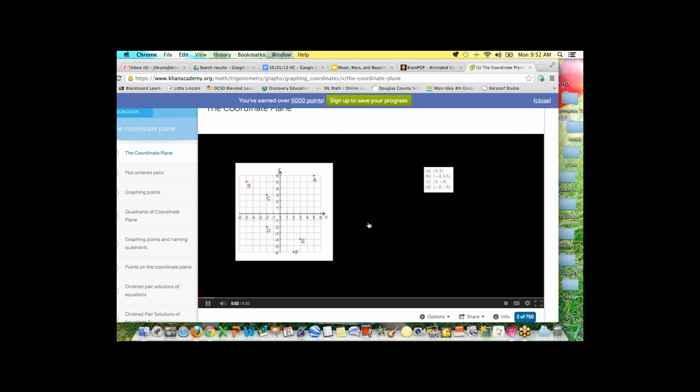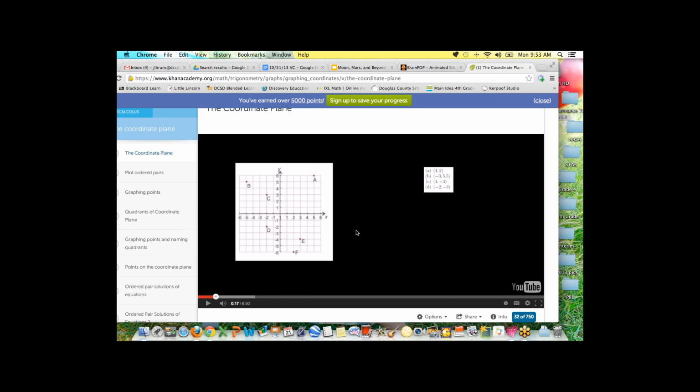What we're going to do in this video is, through a bunch of examples, familiarize ourselves with the XY coordinate plane. And first we're going to just look at some points that are already plotted and figure out their coordinates. Then we're going to look at some coordinates and figure out where those points are, and then we'll do one more problem. So let's